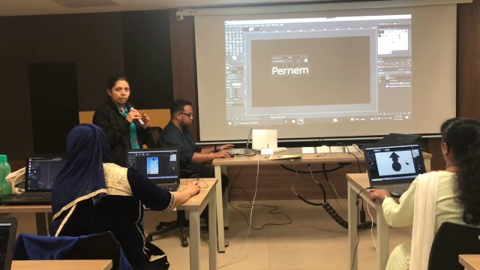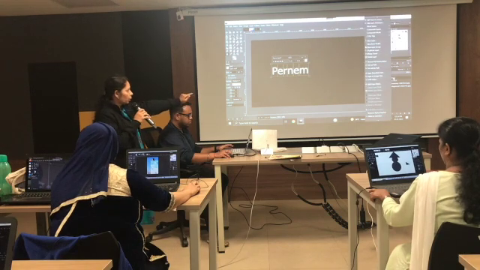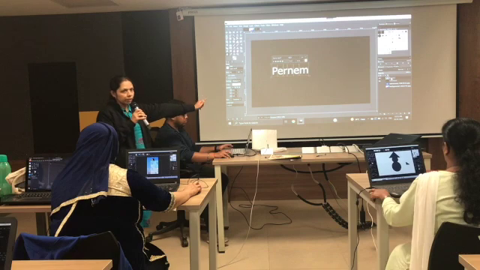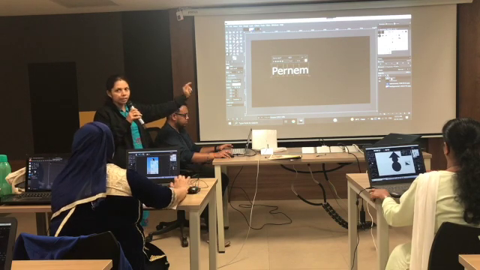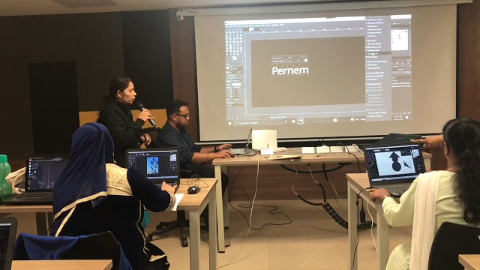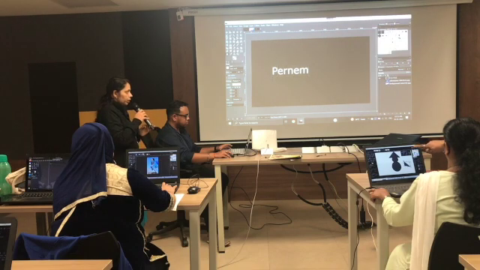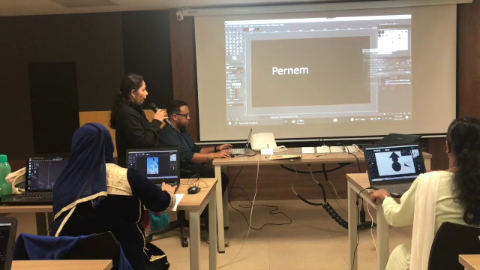Clear? Both the layers we have hidden, and now we have introduced one new layer, and in that new layer we have taken black color and the font color is white. So merge these two layers, merge down. Add a layer mask.